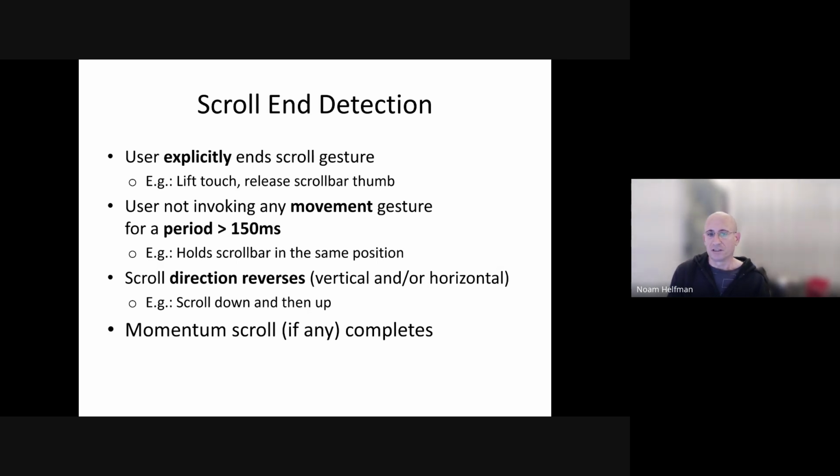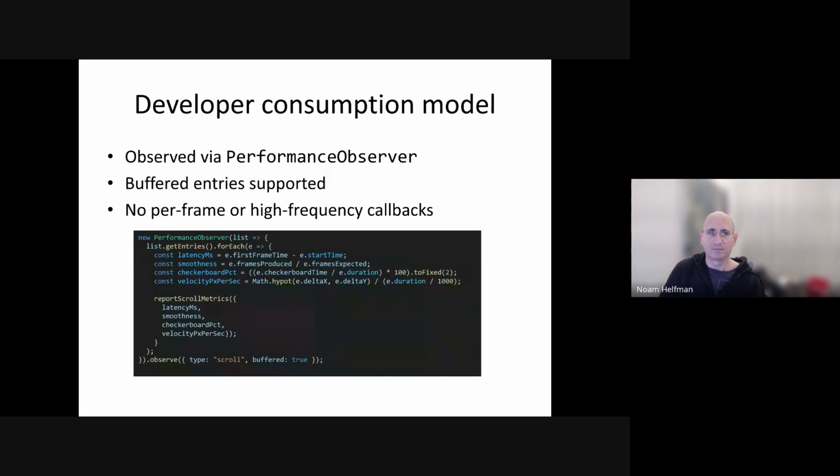If the user changes the direction of the scrolling, that's a completely new interaction. I think it should be considered like that, and then we trigger a new scroll measurement in that case. And if there's a momentum scroll on touchscreen, usually when the scroll momentum pauses, then the scroll itself should be completed. So users should use it like any typical performance observer API, adding the scroll type for the observed entry,